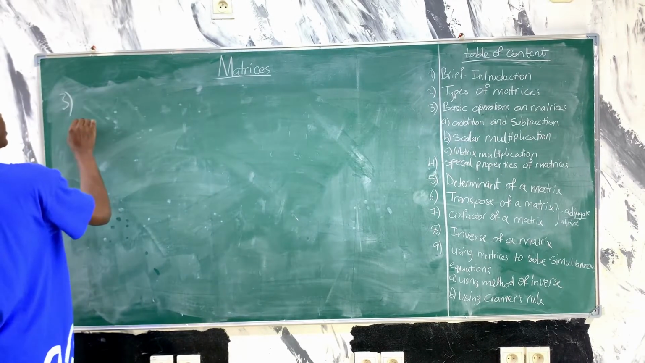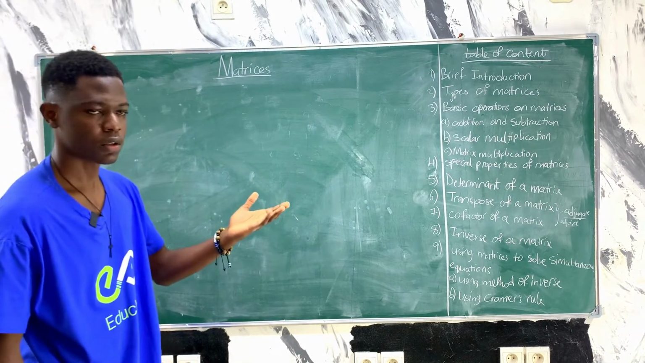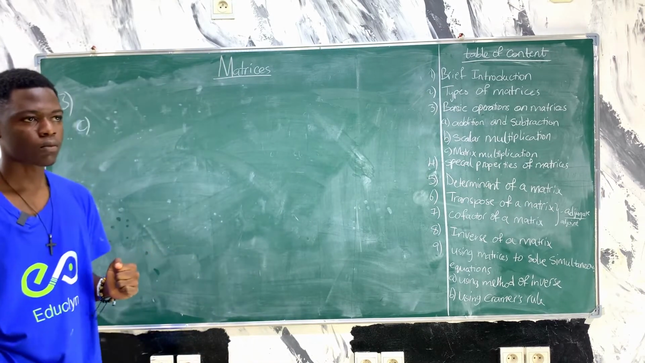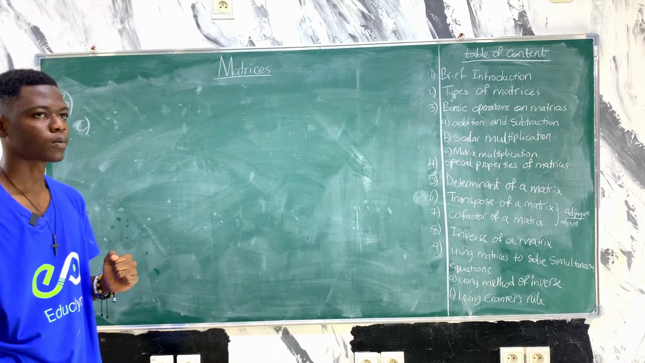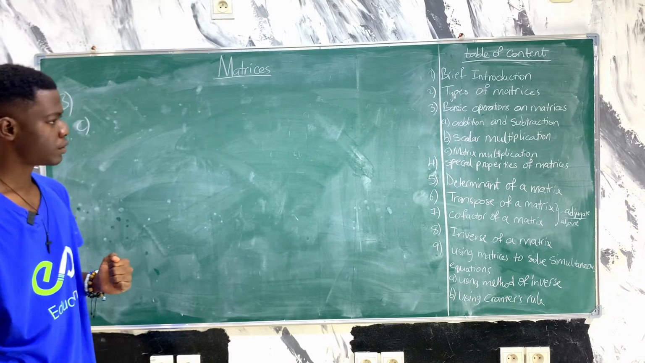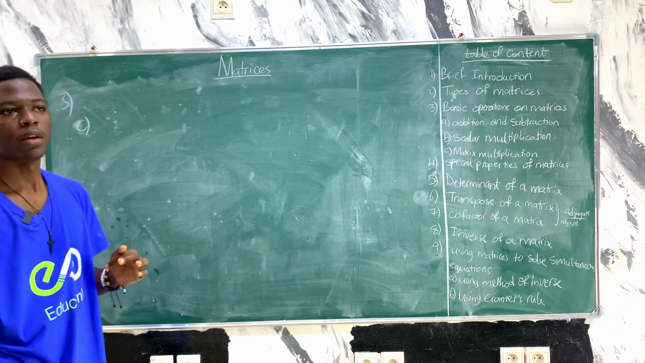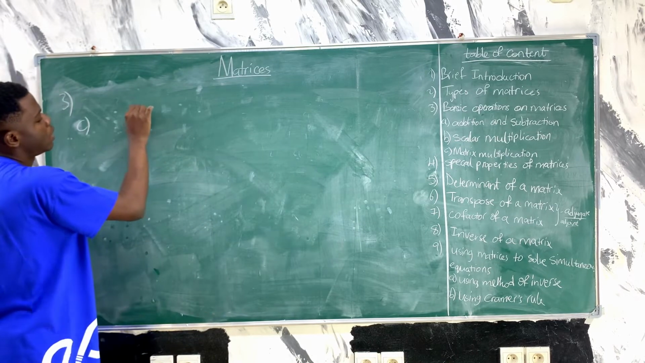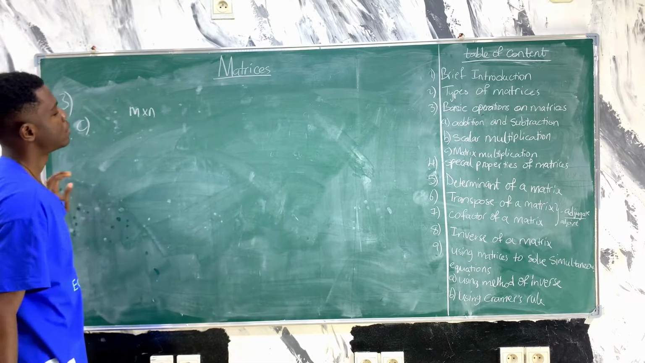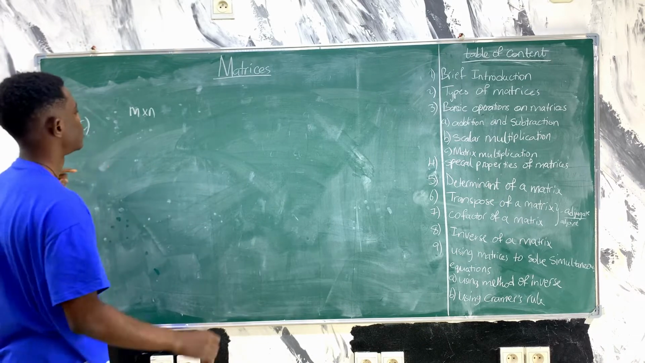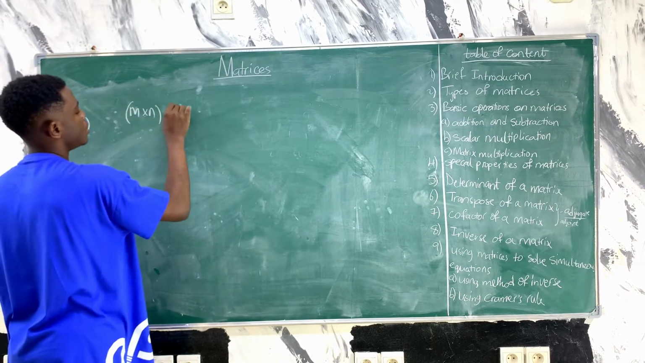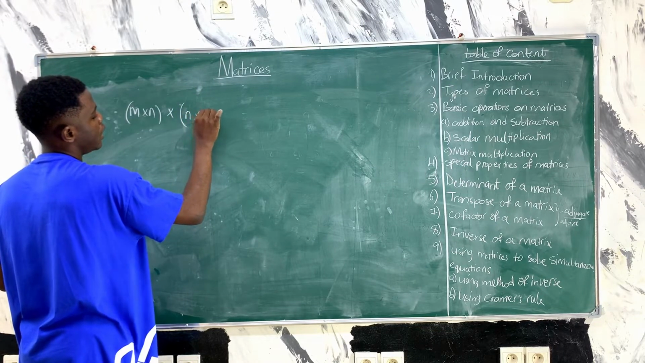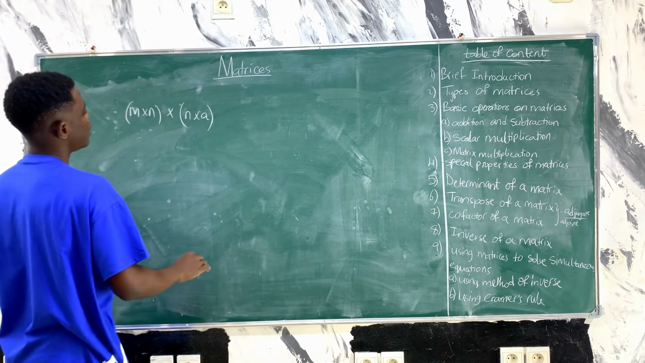Alright, now we are going to see matrix multiplication. We are going to see how to multiply matrices. There's one rule to know here. When multiplying two matrices, you multiply an M by N matrix times an N by A matrix, where